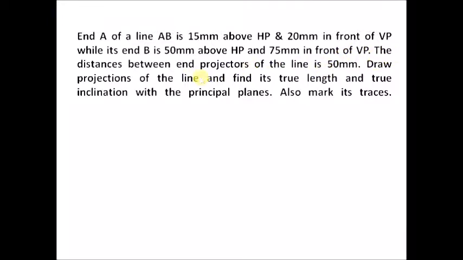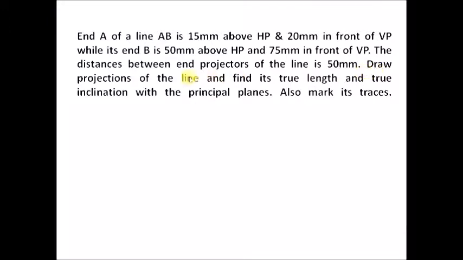Further, it is given that the distance between the end projectors of the line is 50 mm. End projectors, I have told you in my previous video, are the line joining point A and point A dash, that is one projector, and the line joining point B and B dash, that is the second projector, and these two projectors are called end projectors. The distance between these end projectors is given,